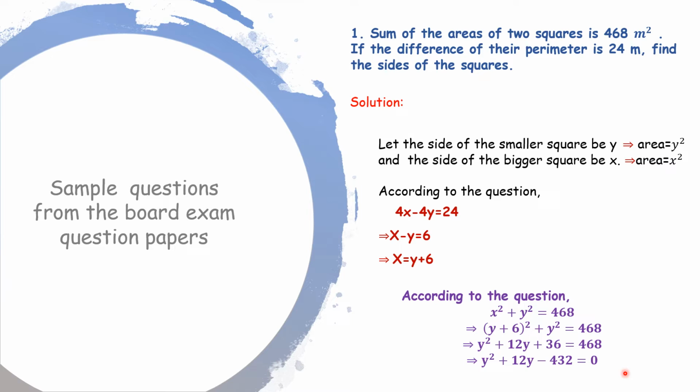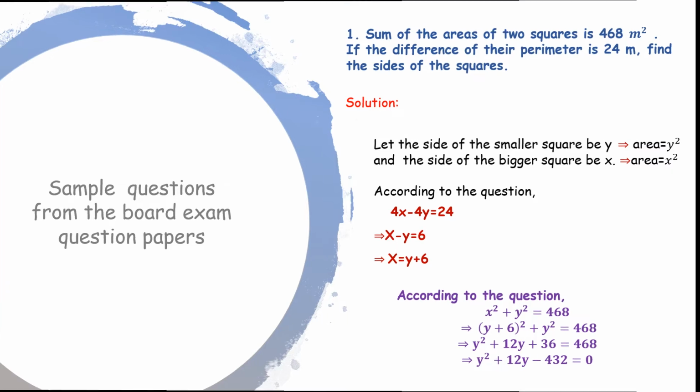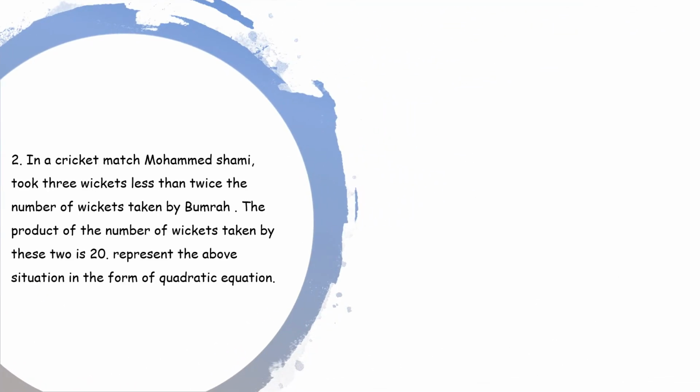You can frame this equation in terms of x also, no problem at all. I am just framing it here with the variable y. Only one variable should come. It is not compulsory that it should always be x or always be y. You can find it with any variable. Got it, children? Shall we see one more sum? Yes. So here is your next question.